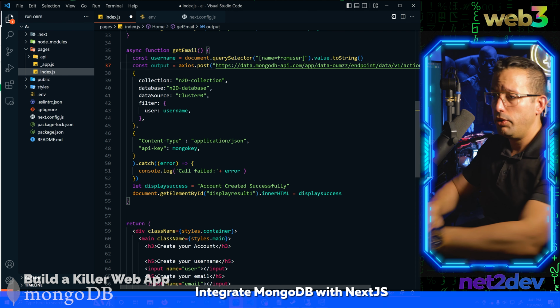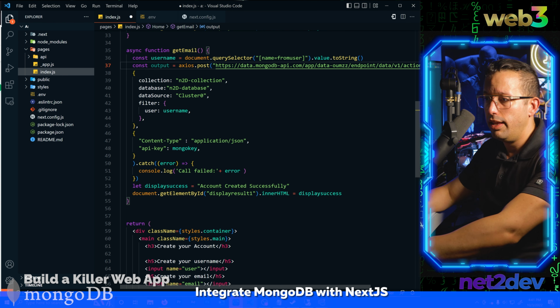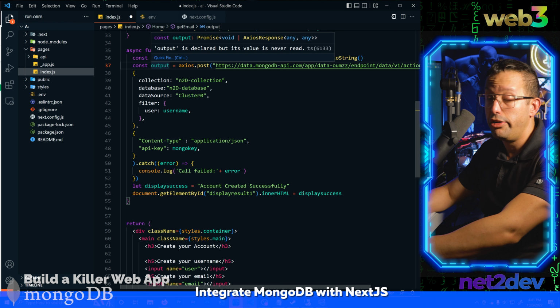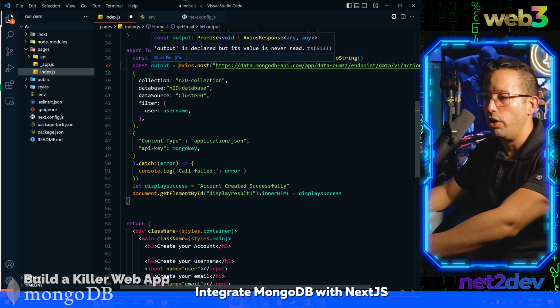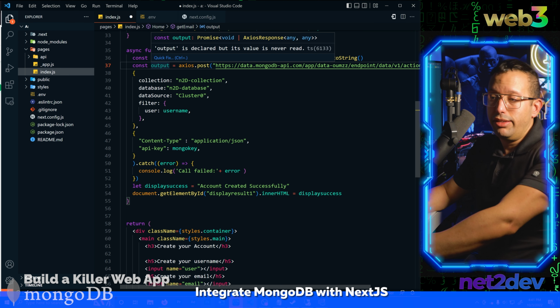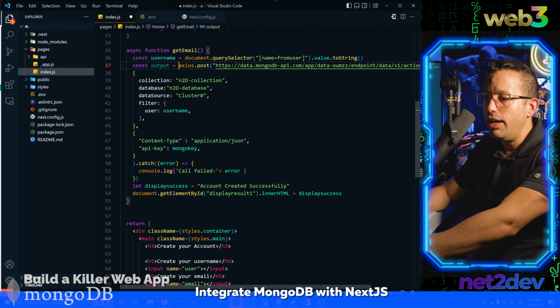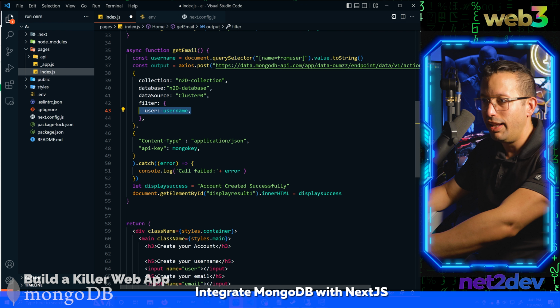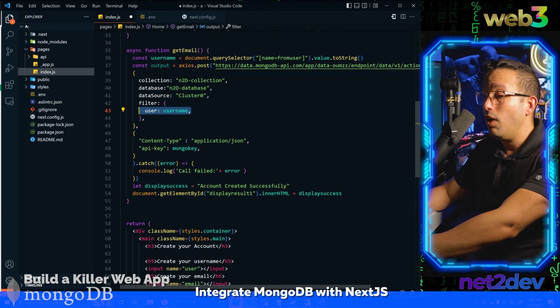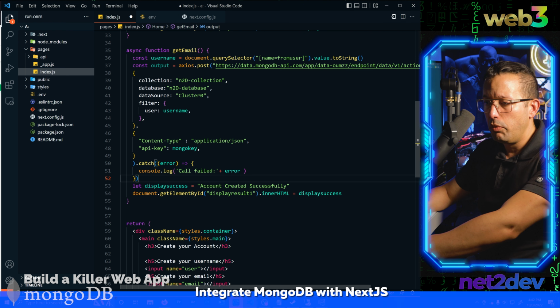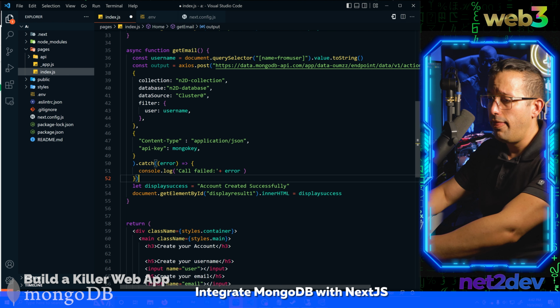So by having output stored in a constant, then this entire call will be stored here, and from there I can fetch the information that I need, in this case the email address. Okay, everything else is going to look the same. So we got the filter, find me the username, anything that matches this particular entry, I want to store that into output. Okay, once we're done with that, obviously we want to catch the error,